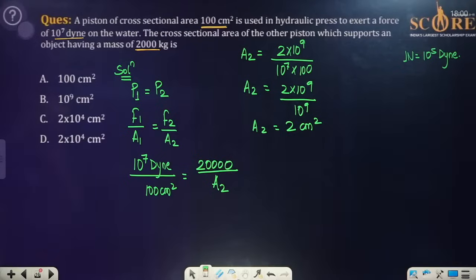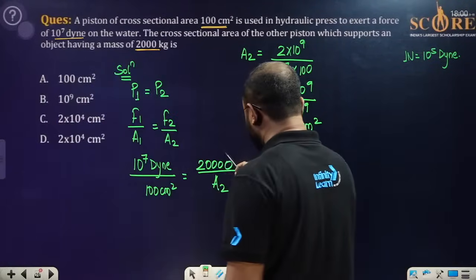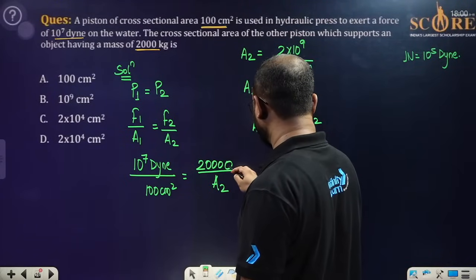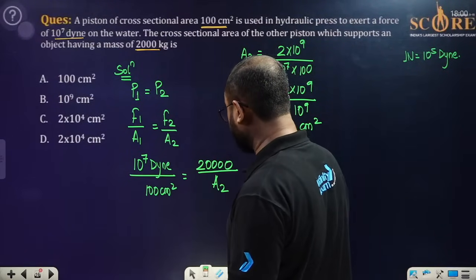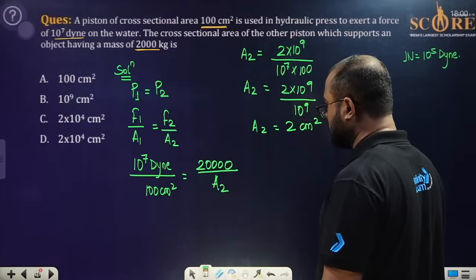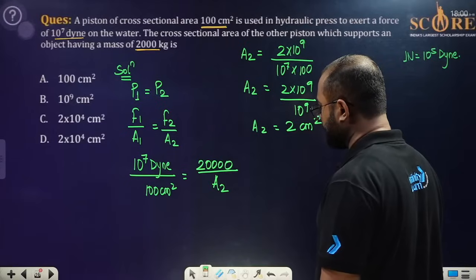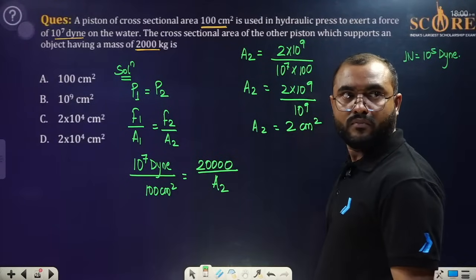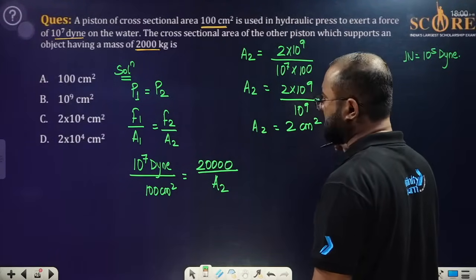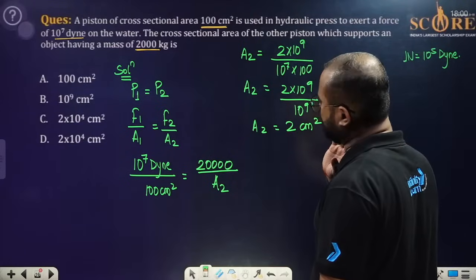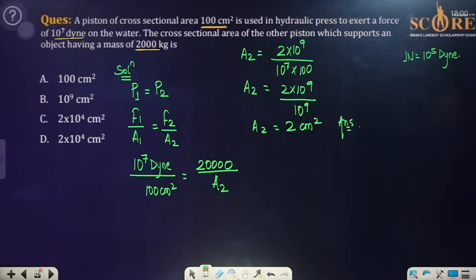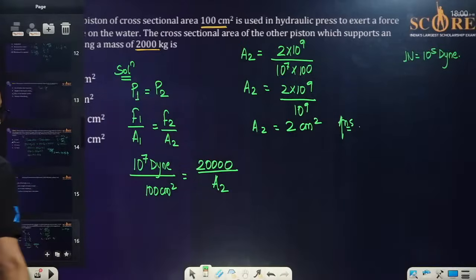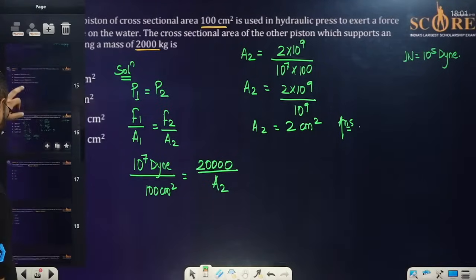I don't think I have made any mistake in this. 10 to the power 7, 9. We have converted this. It is 10 to the power 5 and 4 zeros. It is going to be 9 only. A2 I have to find. It is going to be 100 centimeters square. So the answer is going to be 2 only, I believe so. Might be some mistake is there. I cannot see any mistake in this, so this is what it is. If you find any mistake in this, let me know. I don't believe that there will be any mistake.